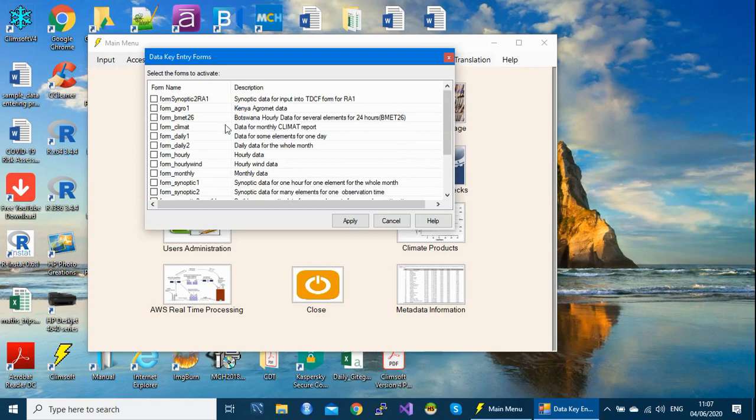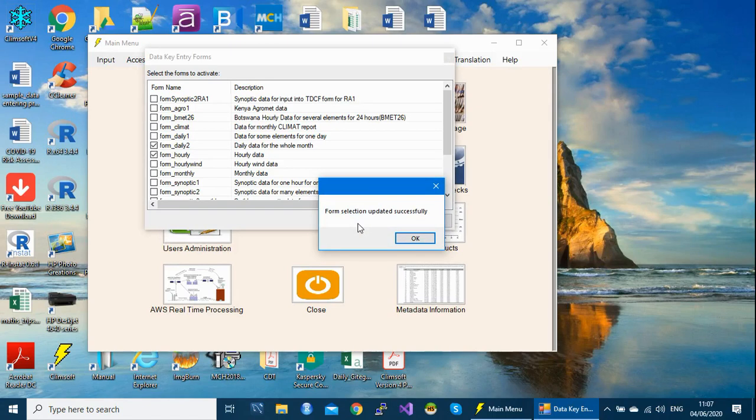So let's say we want this one, form daily 2. This is daily data for the whole month, and we also want form hourly data. So let's select the two, then click apply, and then you'll see this message that your forms are successfully activated.